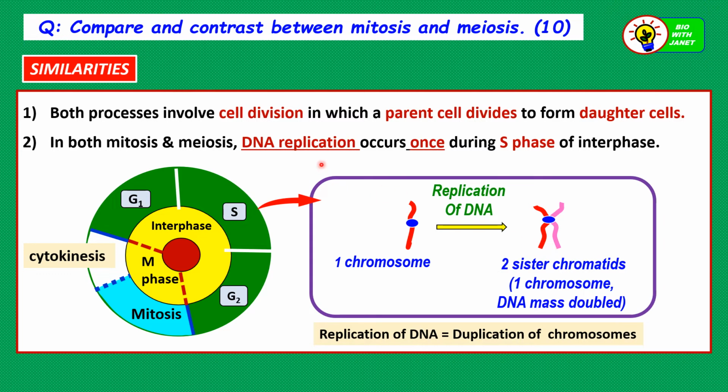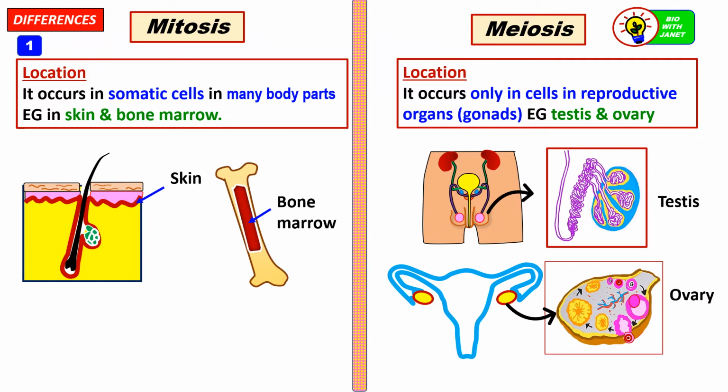So this replication of DNA or duplication of chromosomes occurs only once during the S phase of interphase before mitosis and meiosis starts. So the first difference is from the aspect of location. Where does mitosis occur? It occurs in the somatic cells in many body parts in a human, and especially, for